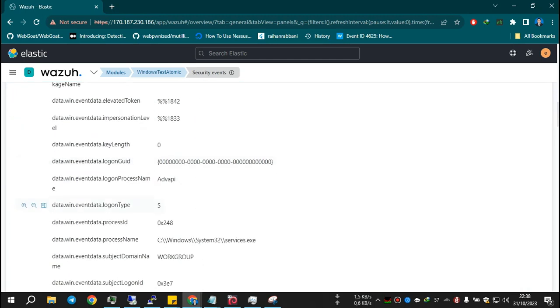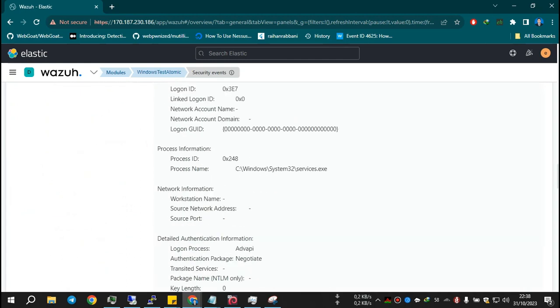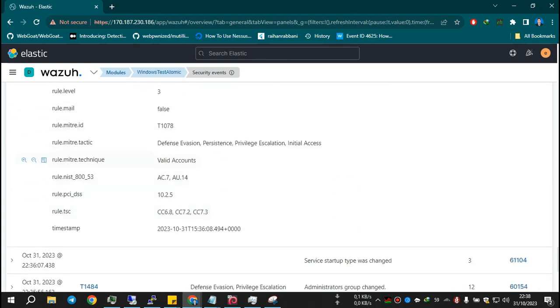deep, I think there is a difference with this tactic. Yeah, this is a different MITRE technique. That is valid account.